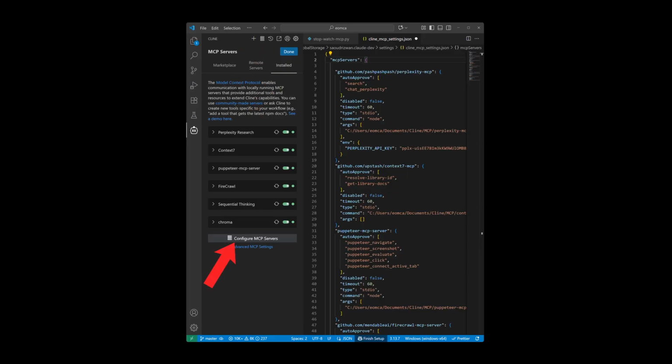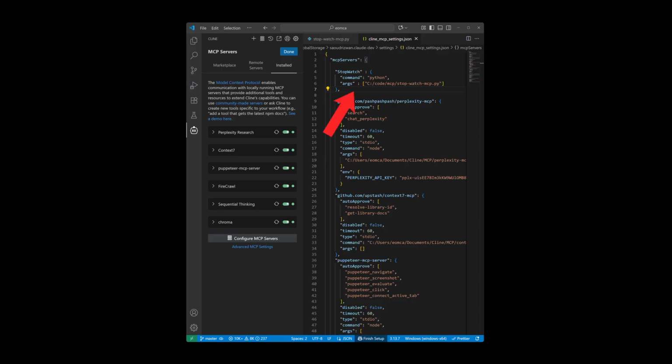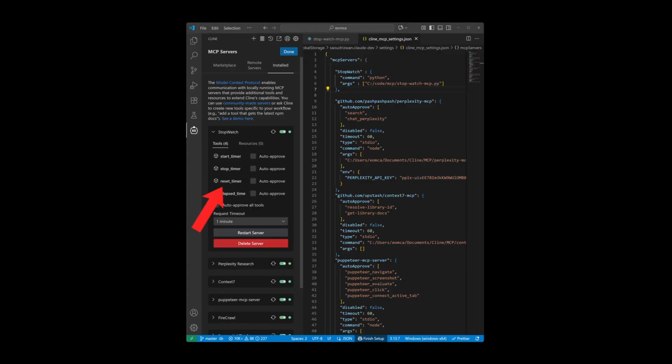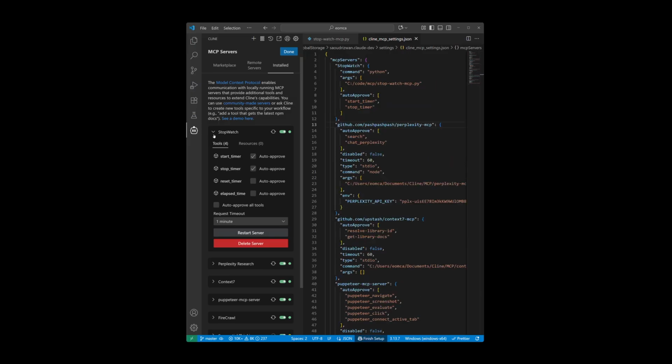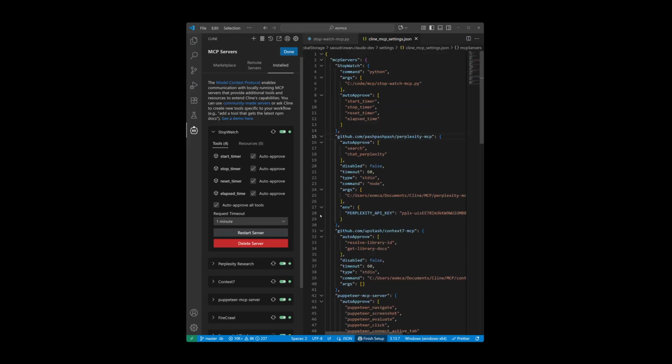near the bottom called Configure MCP Servers, which opens up a JSON file containing MCPs installed on your environment. So let's add a new entry like this and make sure that the directory for the source code is correct. Notice how once you added them inside the JSON file, the 4 tools that we went over earlier showed up in Cline's MCP settings tab on the left. And you can toggle each tool to auto-approve, meaning Cline now has the ability to run the code without asking